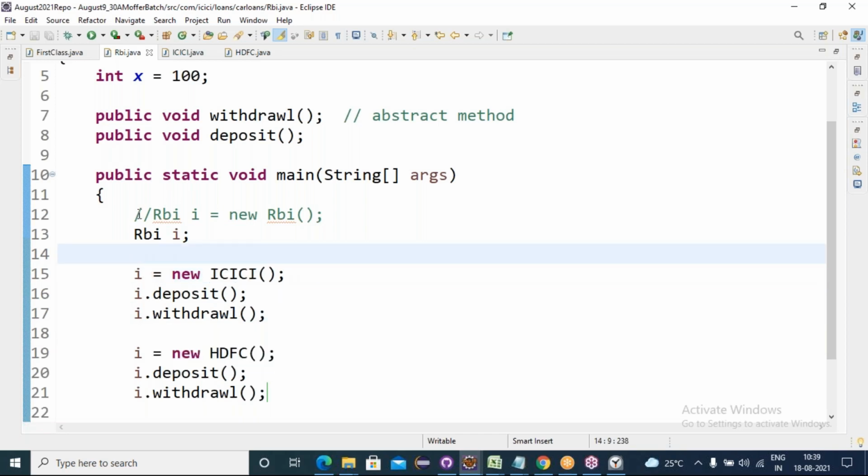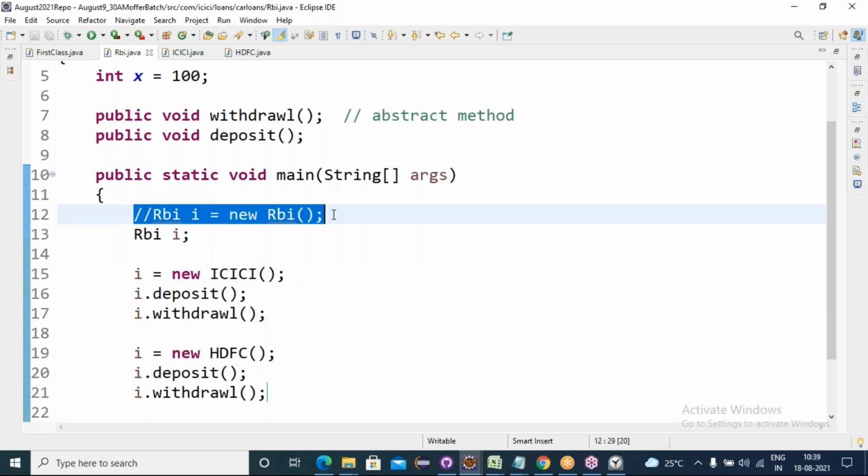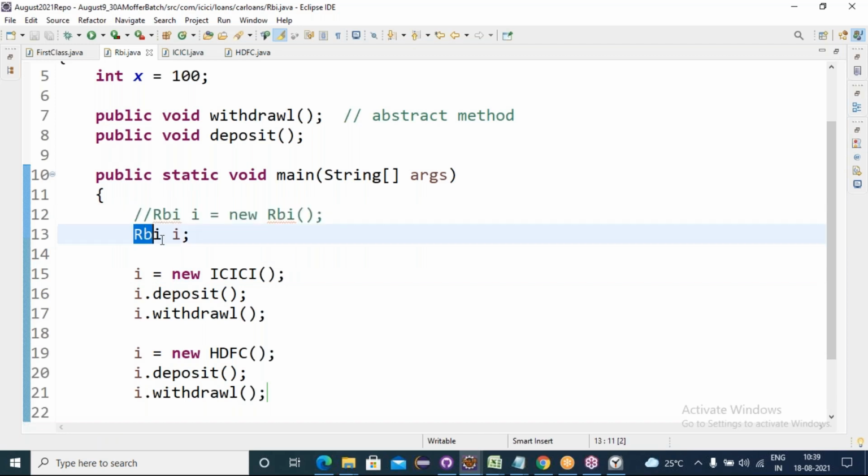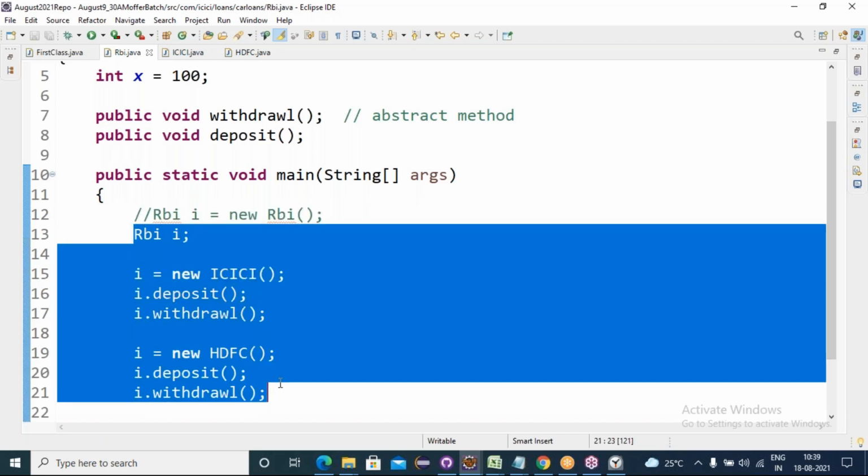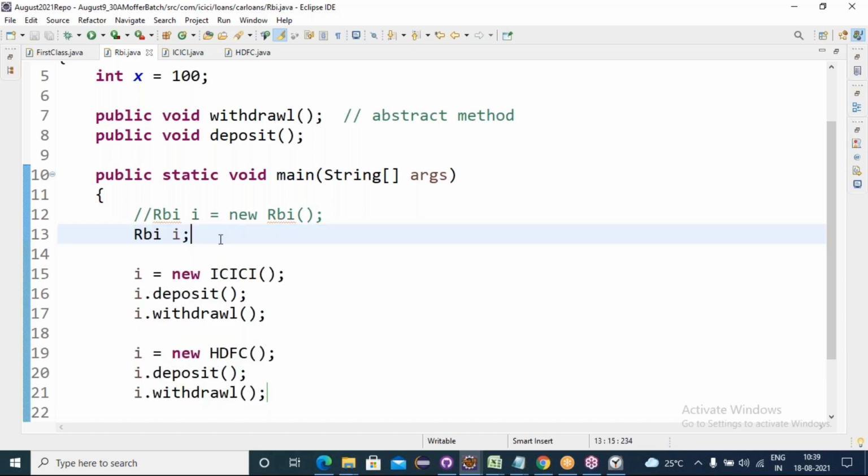Understanding or not? Directly we cannot create an object for an interface. In this polymorphism concept, we can access it. Has everyone understood? Yes, sir. Can you explain polymorphism? One to many. One interface reference holding multiple implementation class objects. One interface is holding multiple objects or not? One to many.